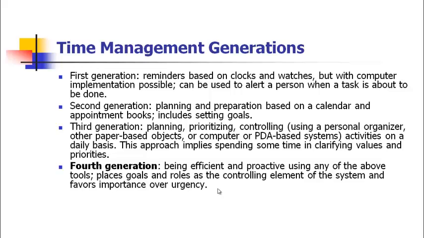So they have divided all the activities into 4 different quadrants, you can call it. First quadrant is urgent and important activities. Second quadrant is non-urgent but important activities. Third quadrant is urgent but non-important activities, and fourth is non-urgent and non-important activities. As we go further on this particular slide, we will see in detail the Eisenhower method of time management, which falls in the fourth generation.